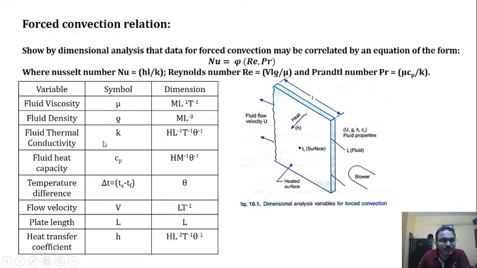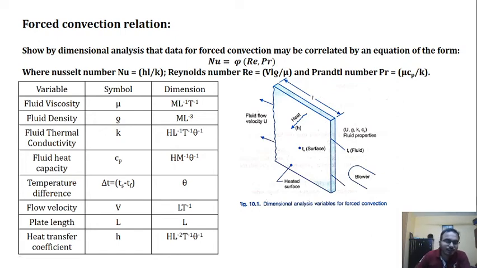Fluid thermal conductivity K, H L inverse, T inverse, theta inverse. Here H stands for energy term, that is joule, L stands for length, T stands for time, theta stands for temperature, and M stands for the mass. Fluid heat capacity Cp, which is given by H M inverse, theta inverse, temperature difference delta T, that is the temperature difference between this heated surface and fluid